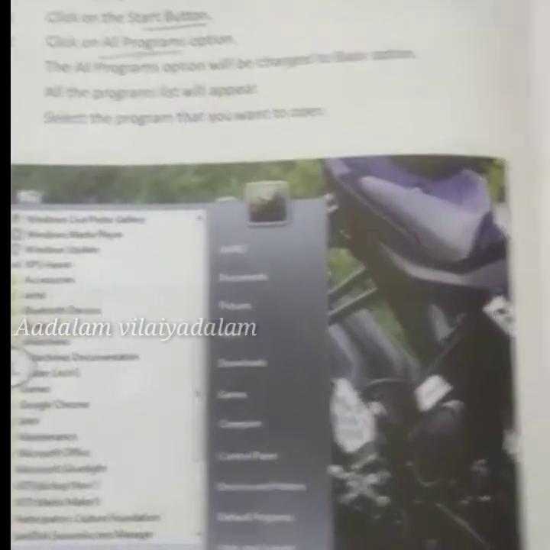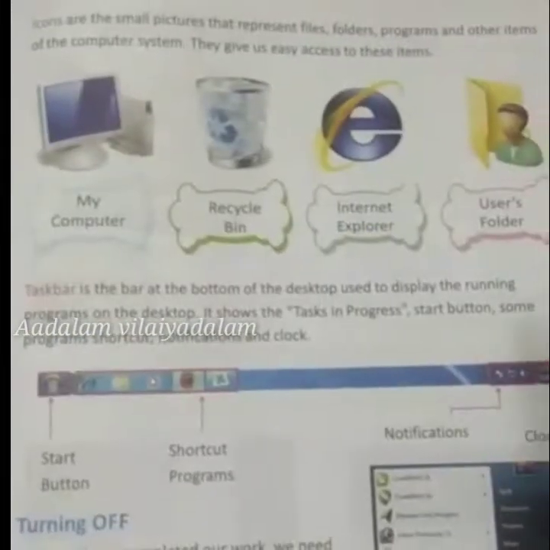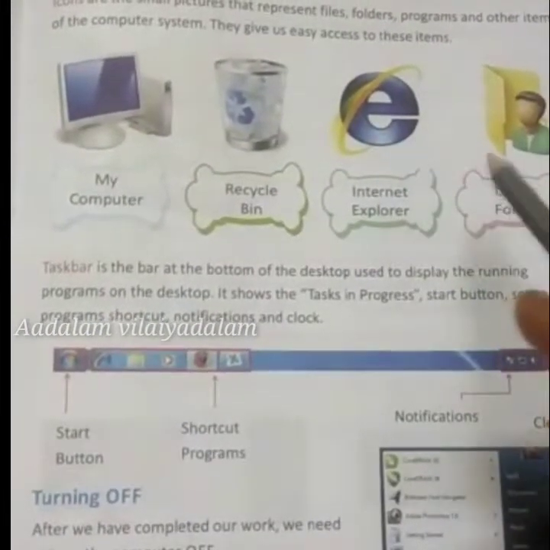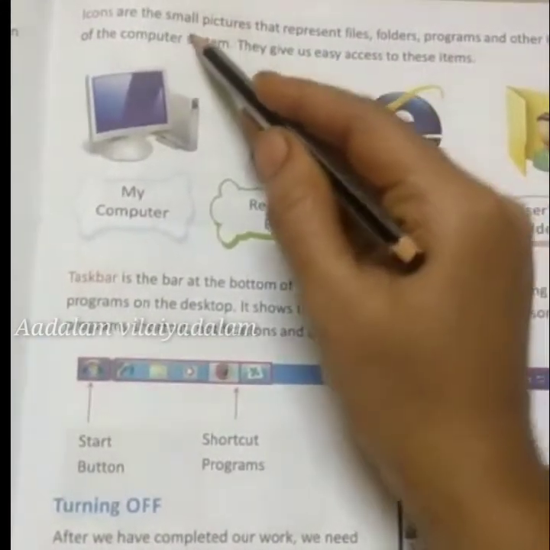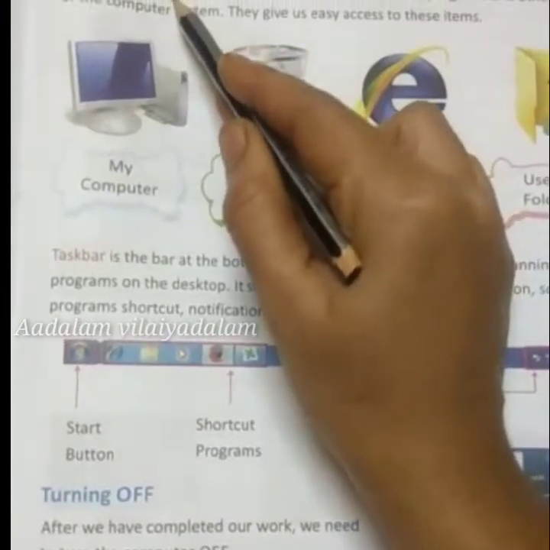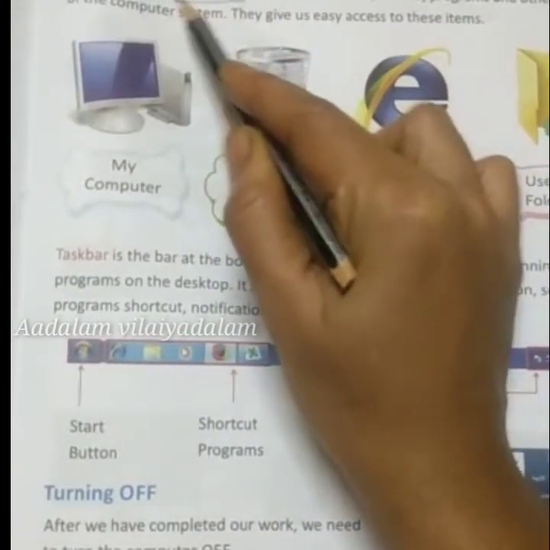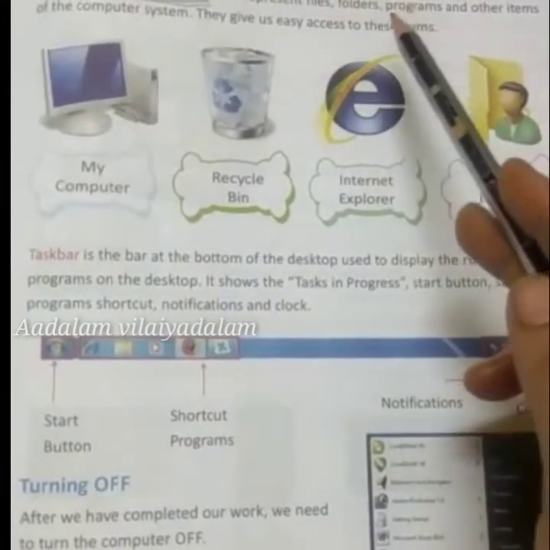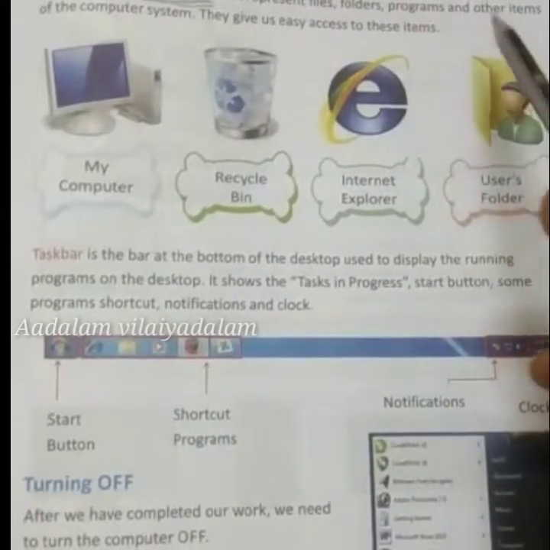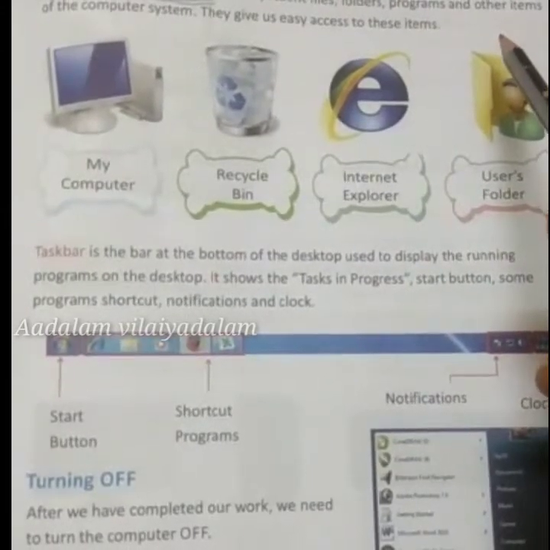Next we are going to see about icons. I already told you icons are the small pictures on the desktop. What is the icon? Icons are the small pictures on the desktop. It may represent a file or a folder or programs or any other items on the screen.